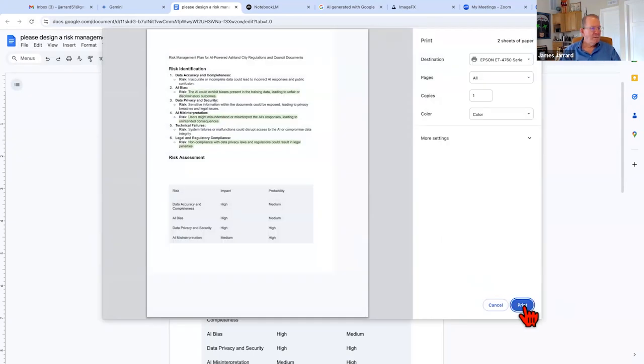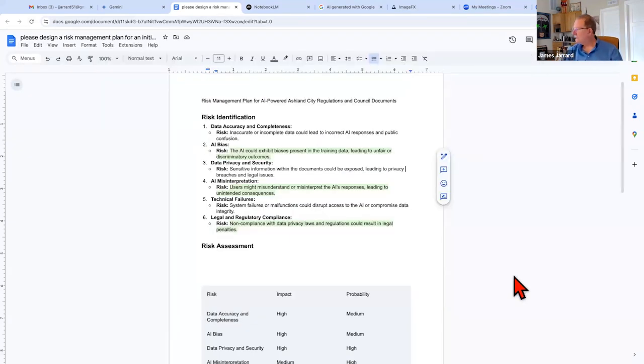Print. I can print this out. I could email it to my funding partners after I edit it. You have to check. You as the human being has to check.